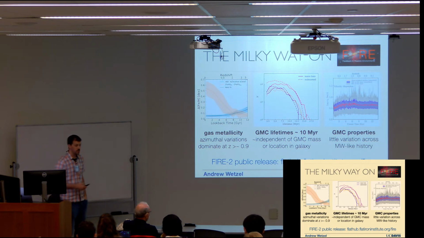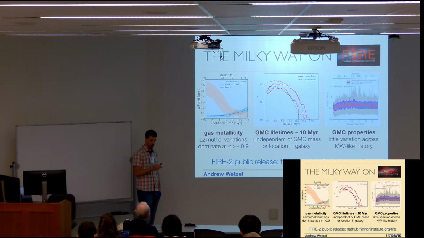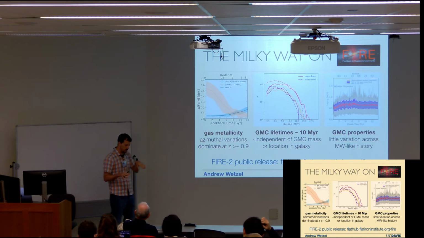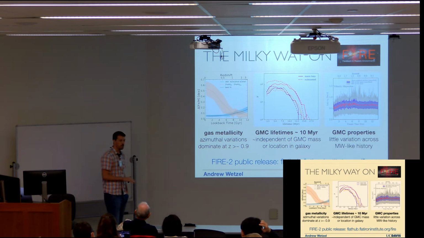Well, it does over time, but I think the key is that the star formation itself is highly clumpy, so the initial injection may be inhomogeneous, but then those abundances will mix very quickly on a dynamical time. So I think the point is that you can have momentary periods of maybe radial variations, but those will mix away very quickly. The azimuthal variations will also mix away, but this is just showing you what you're getting at a fixed moment in time. If you look at the resultant stellar populations, they'll mix very quickly after they form.